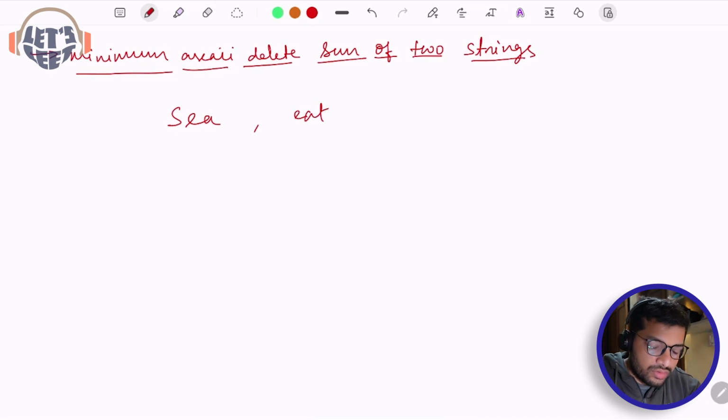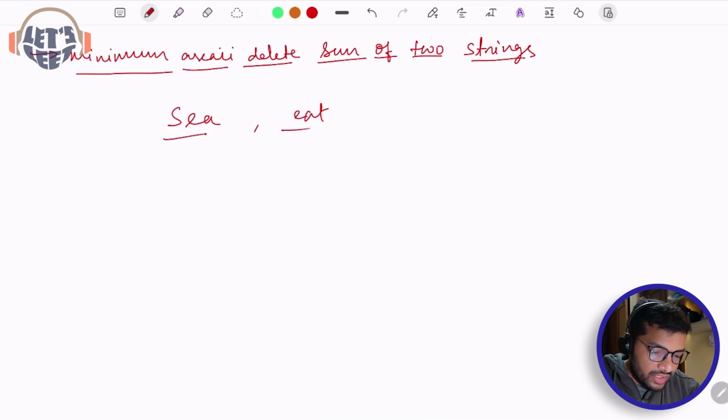Okay, so I need to make them equal. And while making them equal, I need to make sure that I delete only that many characters from either of these strings, or both of them, which gives me the minimum ASCII value when they are summed. For example, what I mean by that is